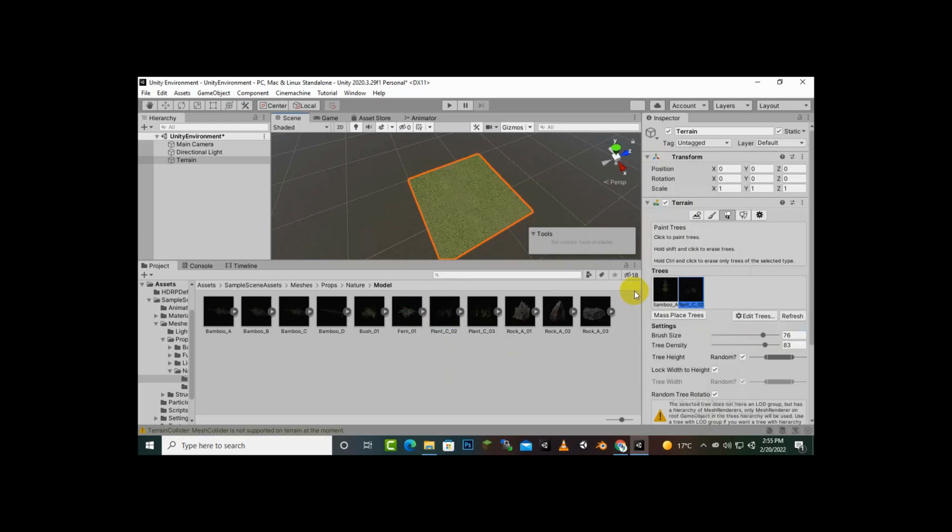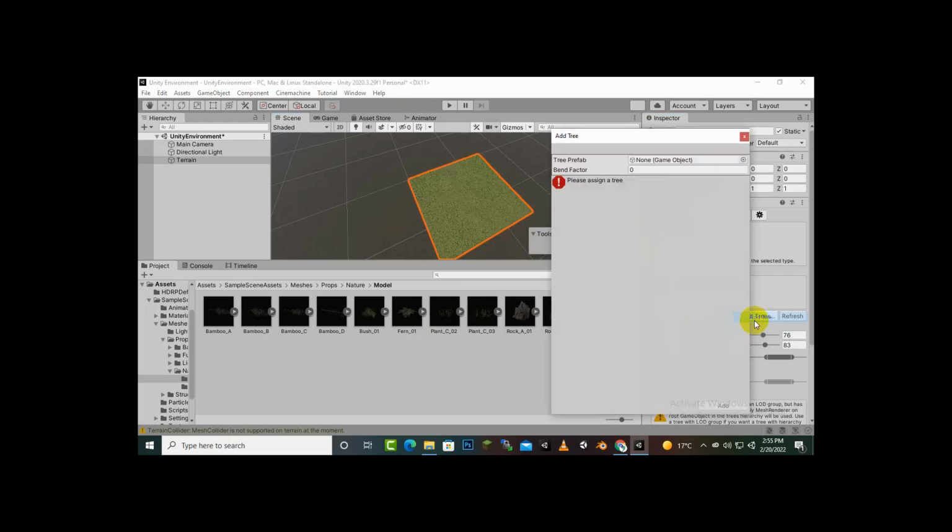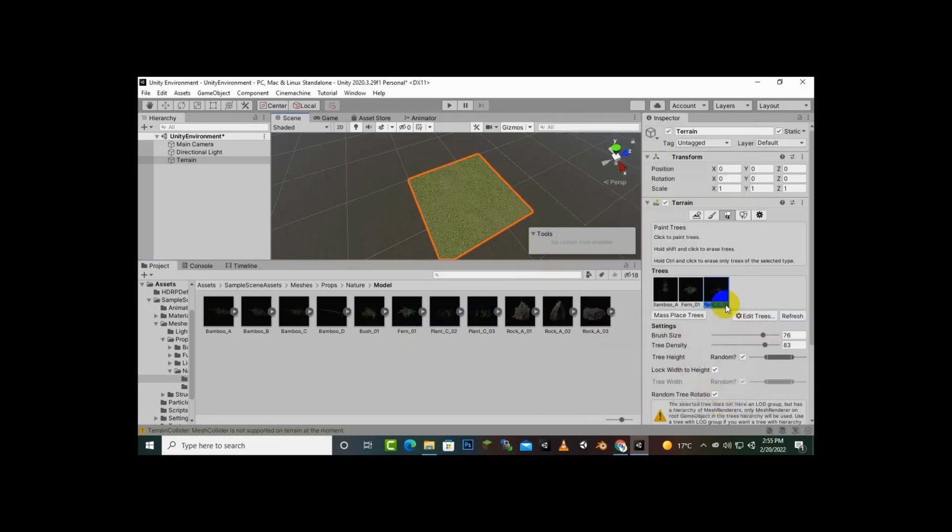Sorry, I have just changed the other tree, fern, so we will just edit tree and add tree, not edit tree. So here we will add the plant, and now we have the plant option, and definitely we will brush it with a left mouse click. Okay, so now if we go to game view,